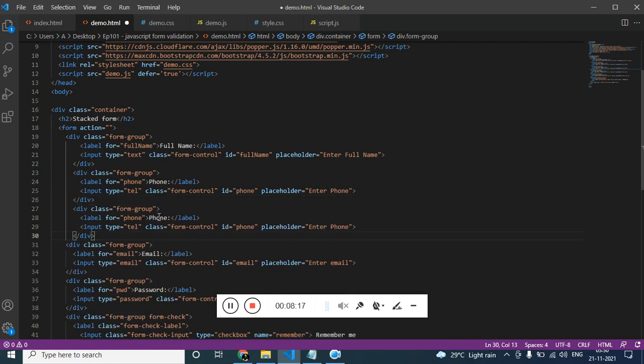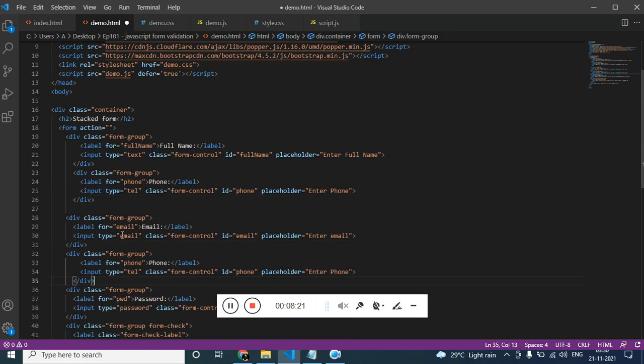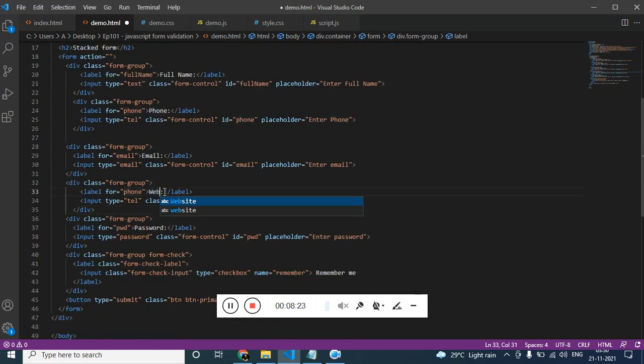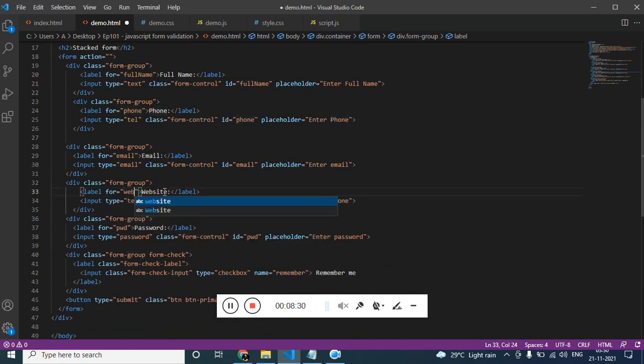The email is already there. Let's add the website, and here the input type is going to be URL, because it is going to accept only the website link. Enter your website.